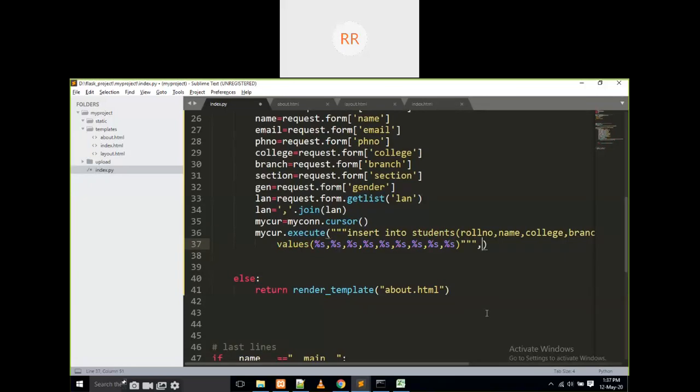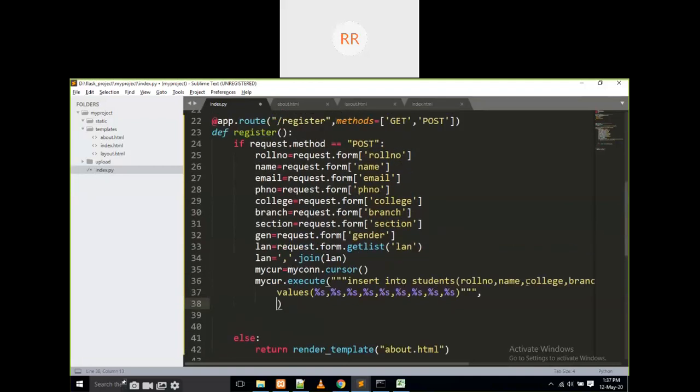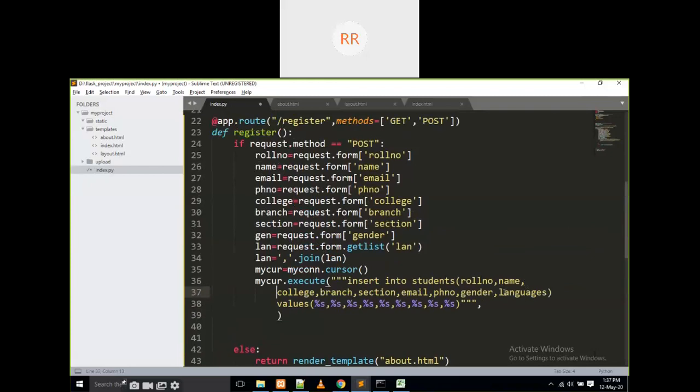Okay, now what I have to do is write what the names are. You have to follow this order first of all. And what is this order? First one is roll number, this percentage. First roll number, what is the name? You have to write ROLLNO, roll number, comma. Then what is the next one? Name, comma. Here look at these things: roll number, comma, name, comma, college. For college, that is COLL.